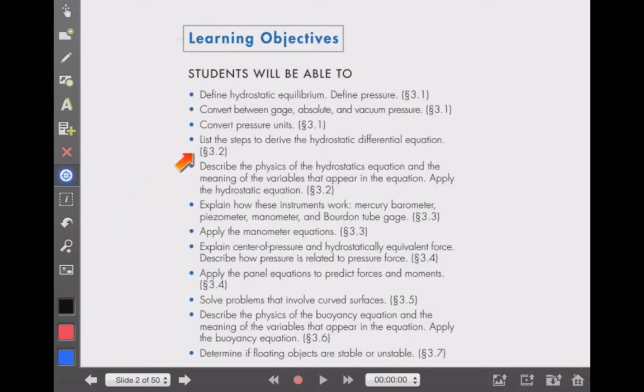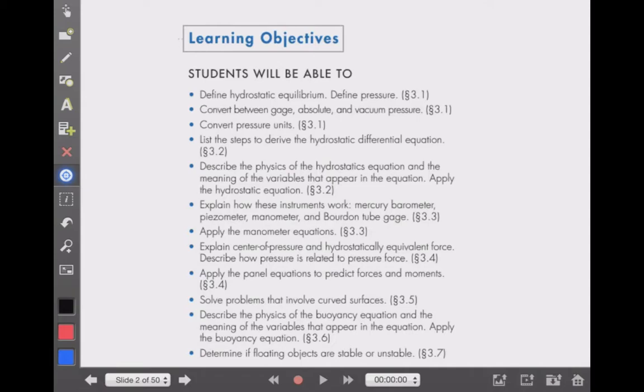In section 3.2, we will introduce a concept called hydrostatic equilibrium, or the hydrostatic differential equation, and this is going to describe the physics of hydrostatics and the meaning of the variables that appear in the equation, and we will learn how to apply the hydrostatic equation to various problems. In section 3.3, which we'll do in a different lecture, this particular recording will just be to this point, sections 3.1 and 3.2. But in the future, we'll look at instruments that measure pressure, and we will come up with a general equation called a manometer equation, which will allow us to look at